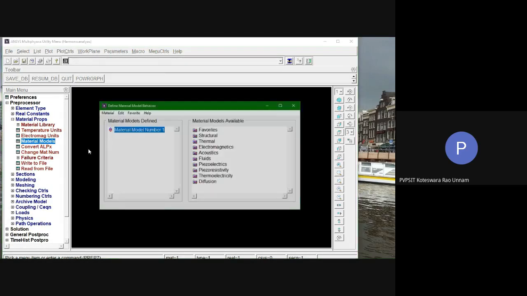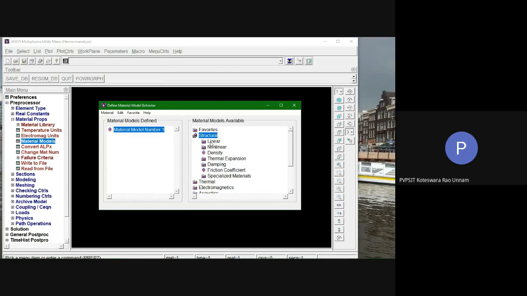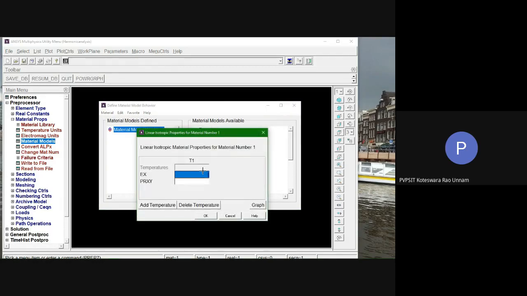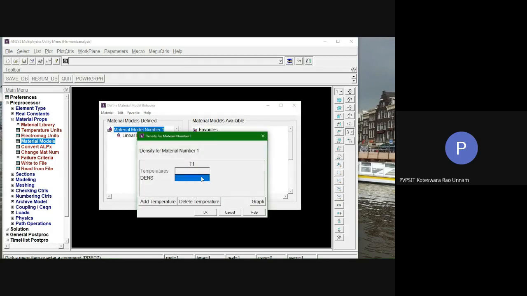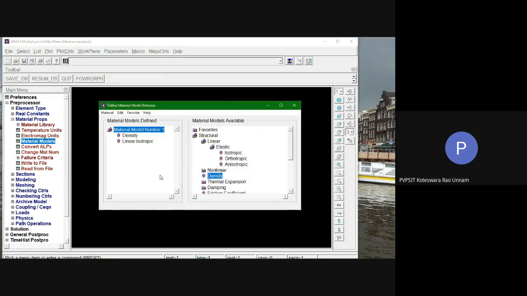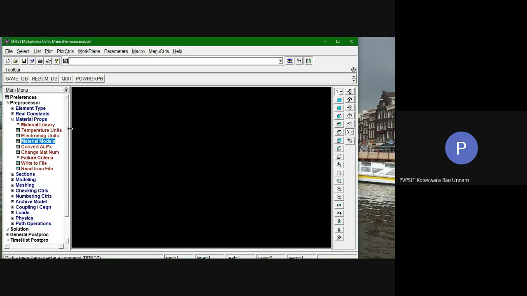Material models. Then I'll go for structural, linear, elastic, isotropic. Young's modulus is given as 200 GPa, so 200 E9 I'll take, since all the units are in meters. Then 0.3 is Poisson's ratio. Then I need to define the density also. Density is 7850. So you need to define density, Young's modulus and Poisson's ratio. Once you've done that,